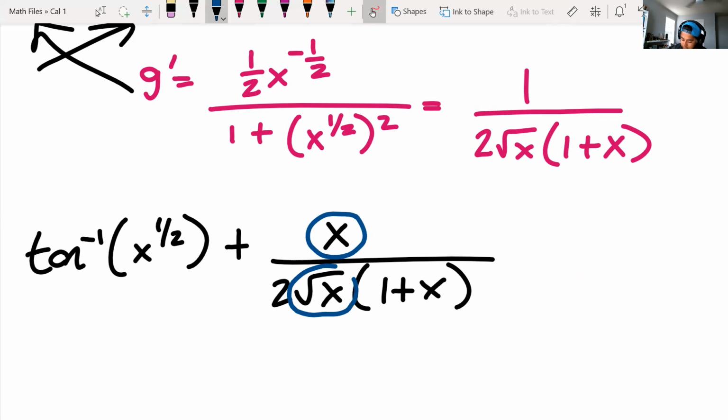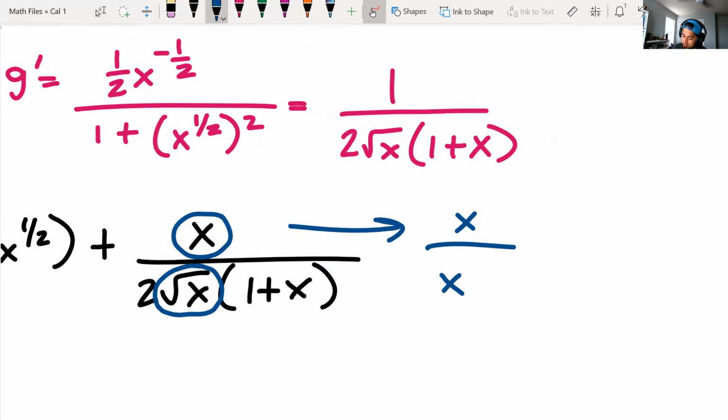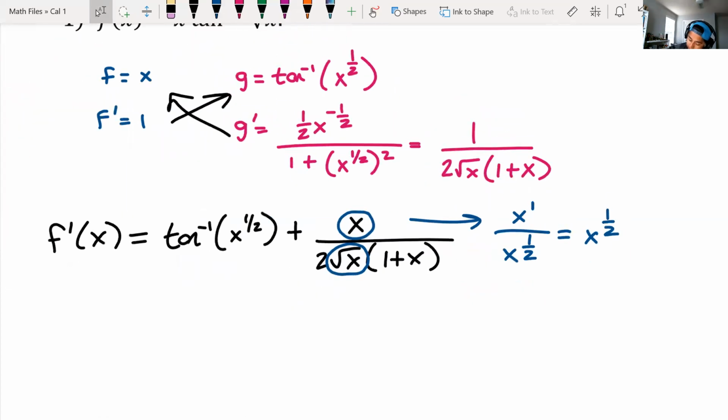So our only other option would be the square root of x, because this looks like x over x to the 1/2. So this is x to the first power. If I reduce those, what would I get? X to the 1/2. There we go. Which means that my final answer is going to be